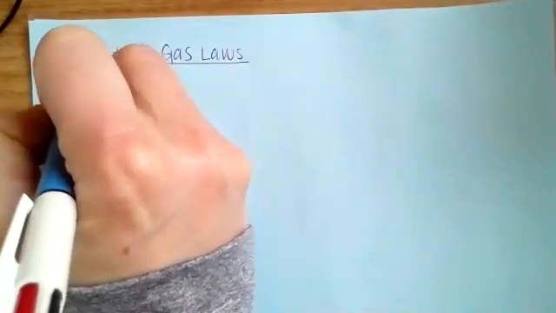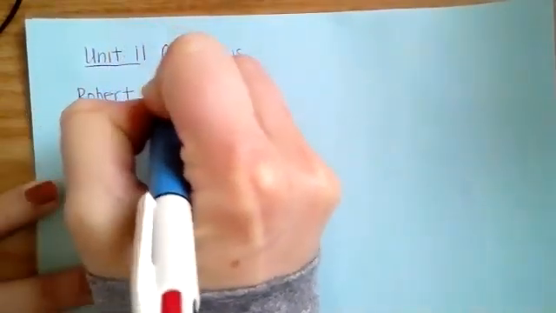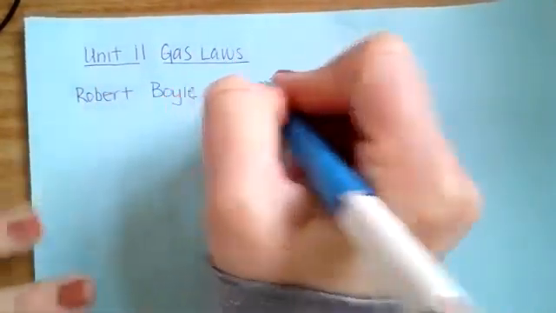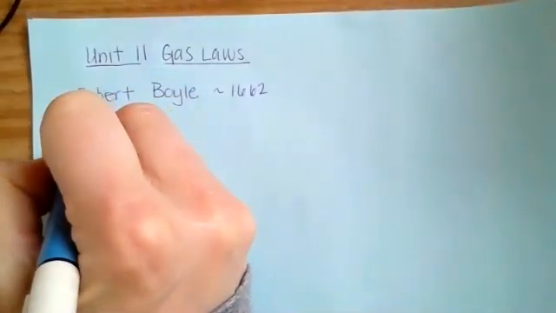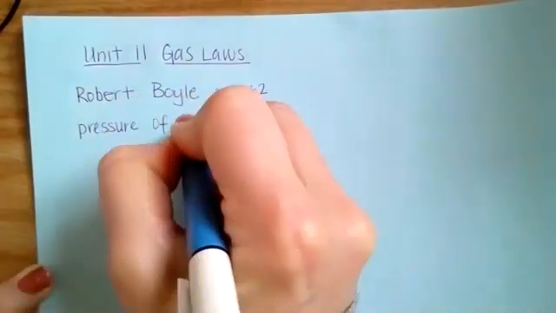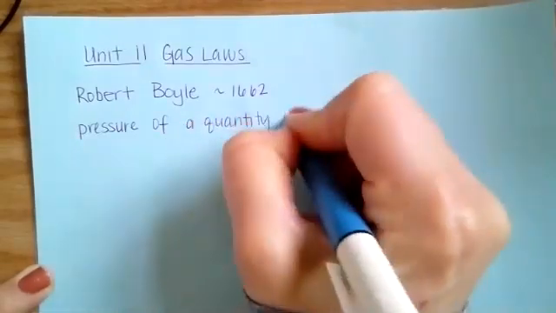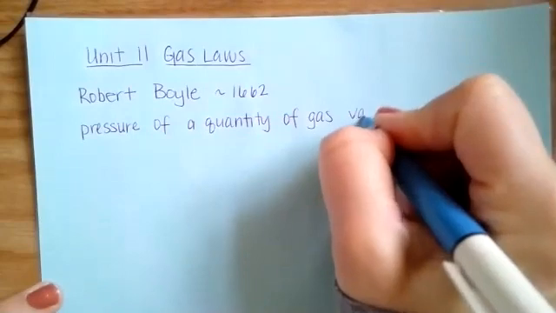The first scientist that we are going to investigate is Robert Boyle, and it was around the year 1662. Okay, you can imagine way back then. So what he discovered was that the pressure of a certain quantity of gas, let me include this because these are gas laws, so pressure of a certain quantity of gas varies